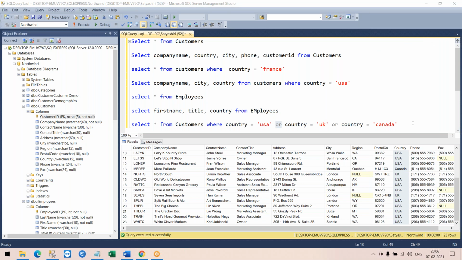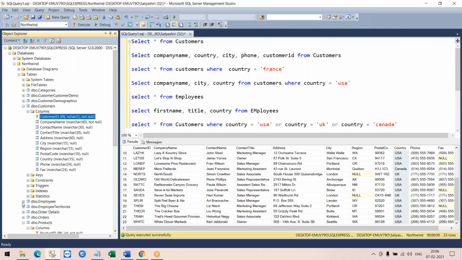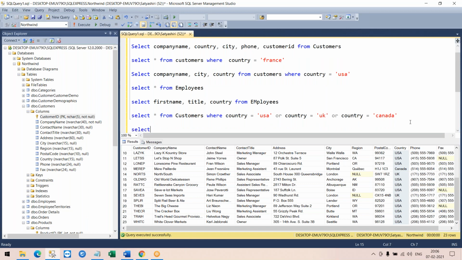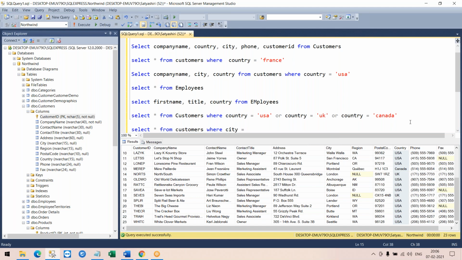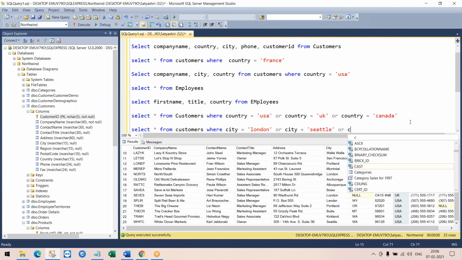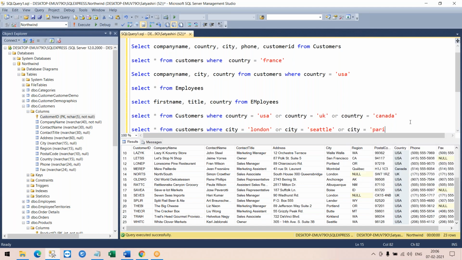You can apply these conditions in any table. Choose any table, and you can apply the conditions on any column. Let's apply the conditions on the city column this time. Customers where city is equal to London or city equal to Seattle, or maybe city equal to Paris.